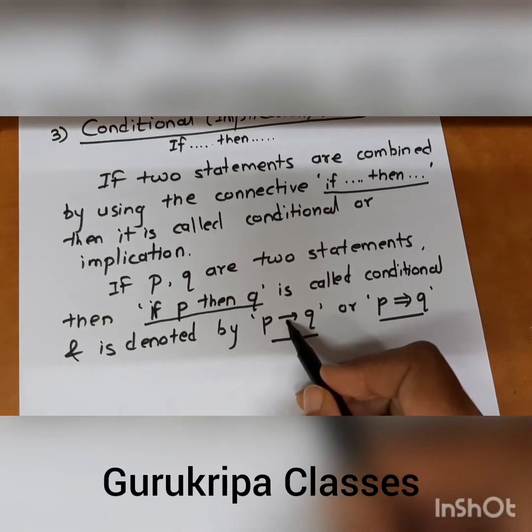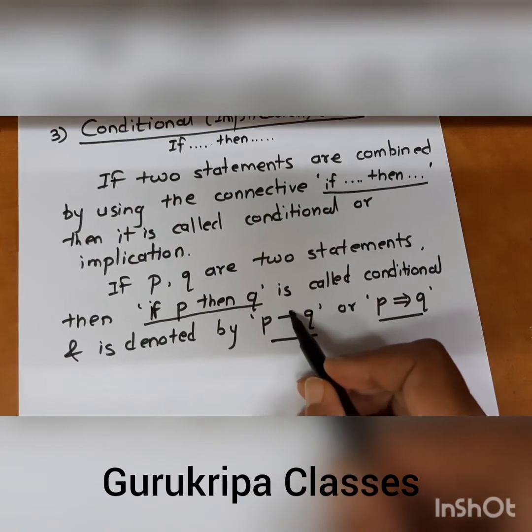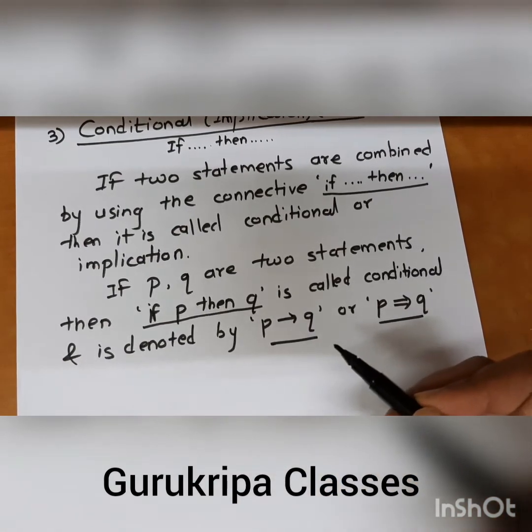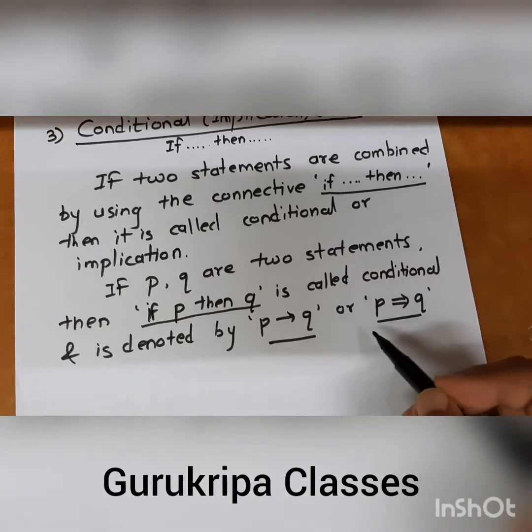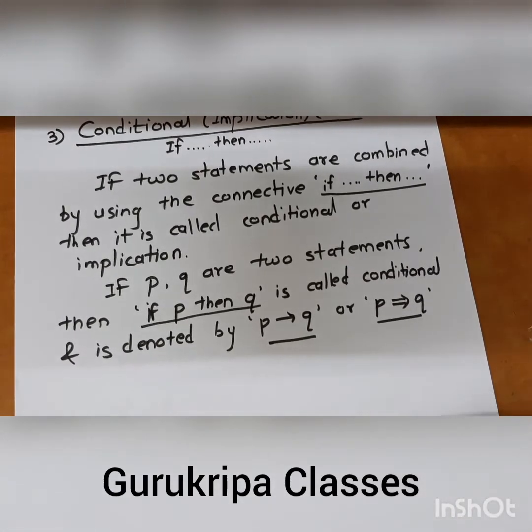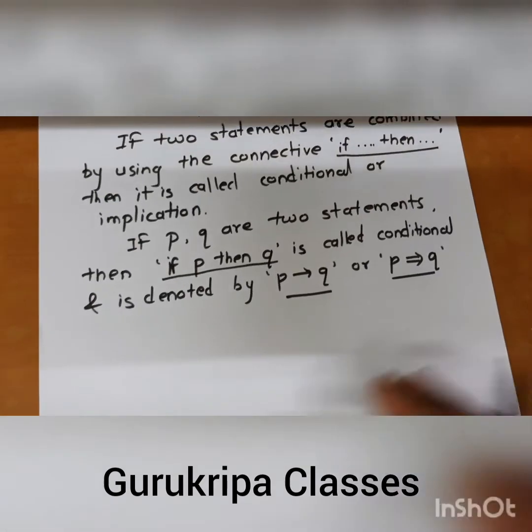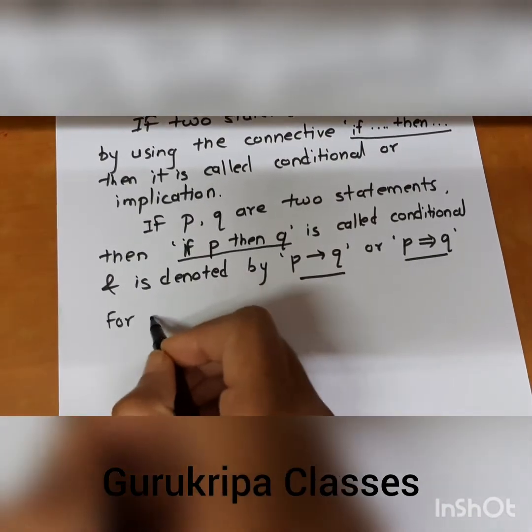We also can say this as P implies Q. This sign is also said to be P implies Q. We also have other words for this, which we are going to write after this. Before that, I will take one example. So for example,